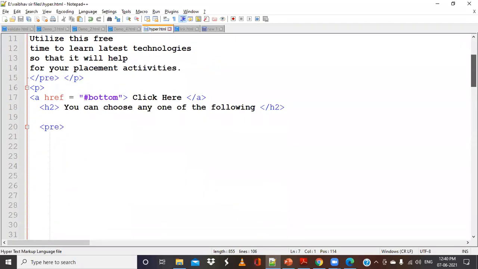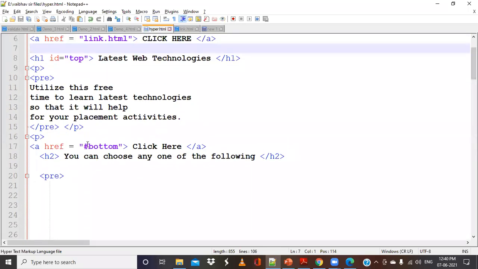And the next one is if you want to give a link within the document, for that you have to use this href with hash as the attribute, and then you have to give a value for this particular ID, so that you can navigate from top to bottom or bottom to top. You may ask where we will use this. The application of this kind of top to bottom or bottom to top navigation within the page, without changing from the current page to the next page, is in online magazines or online newspapers, or wherever the web page or website is heavy or too loaded. In such situations, we can use this.